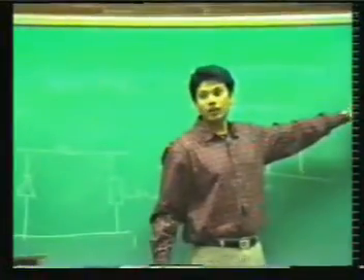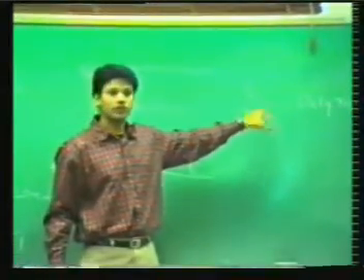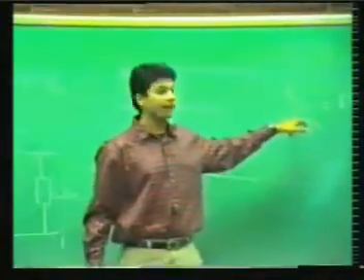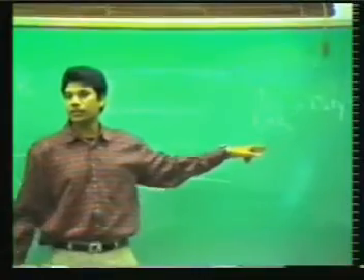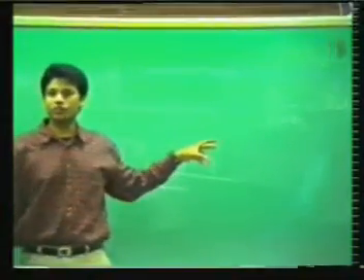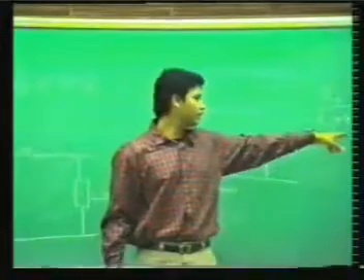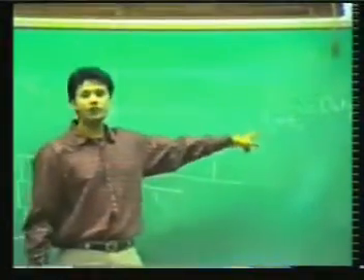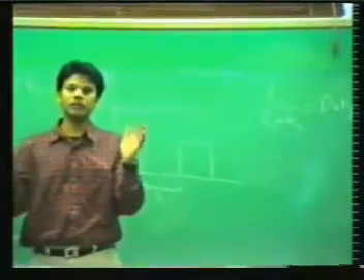Assume T1 is 1 second and T2 is 2 seconds. What will be the duty ratio? It's 1 by 3, it's 0.33. Assume T1 is 10 and T2 is 1. Still, it is 10 by 11. So the maximum duty ratio we can get is 1. It's not achievable, but we can still get it by making T2 0. Then there's no need for the switch, but even then we call it a duty ratio of 1. So the range of the duty ratio is from 0 to 1.